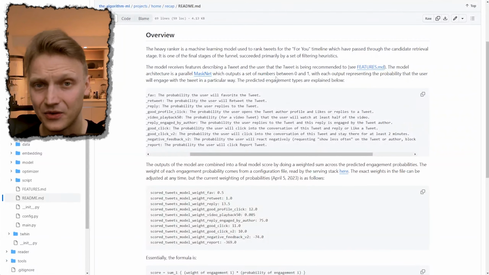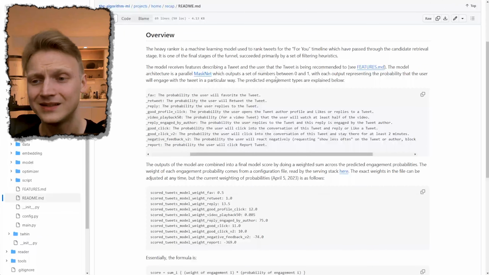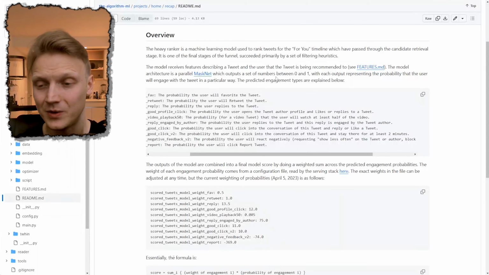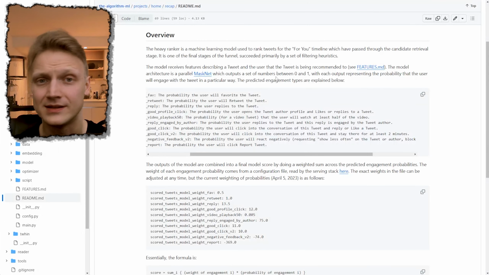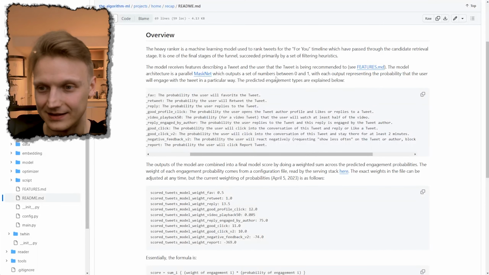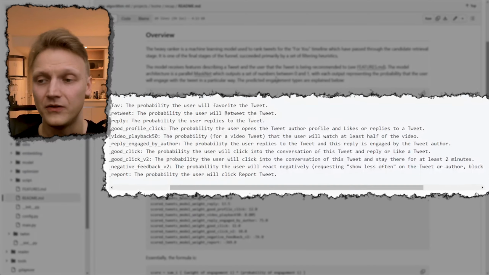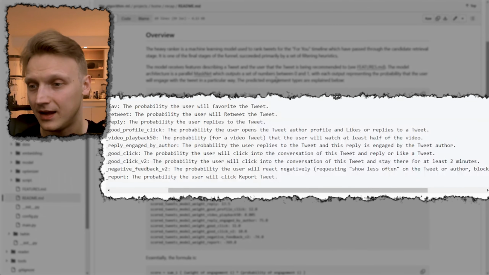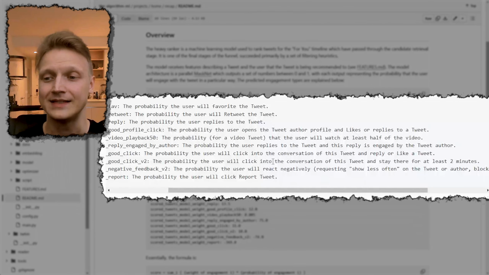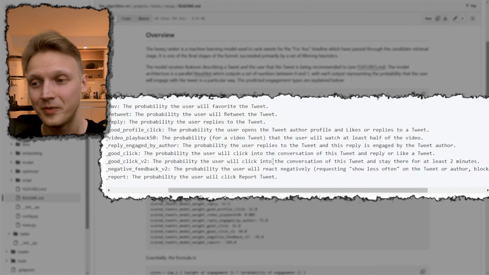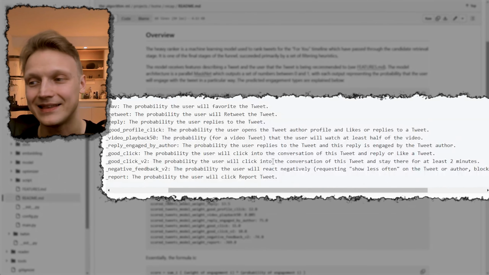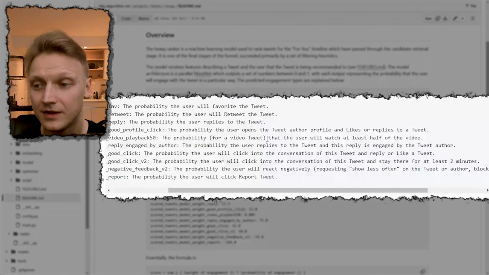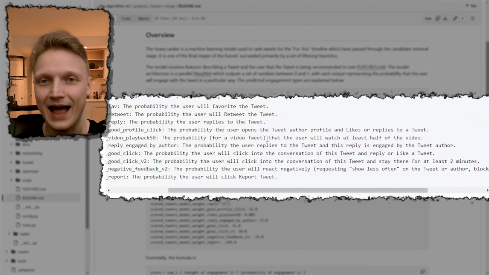Once you take the data through the model, it's trying to predict whether the user is going to take a certain action against a similar tweet. And those actions are somewhat hilarious in some cases. There are a few normal ones involving a user liking, retweeting or replying to a tweet, but some of them, for instance this one, estimate the probability of the user opening up the conversation and spending at least 2 minutes there, right? There is another one, the user pulls up the video and watches at least half of it.